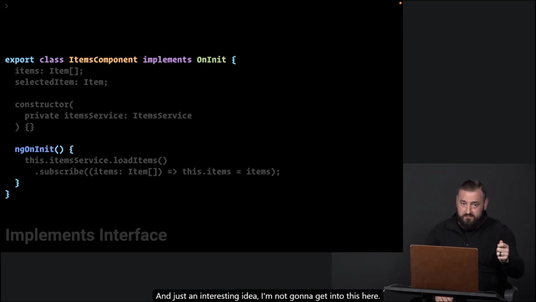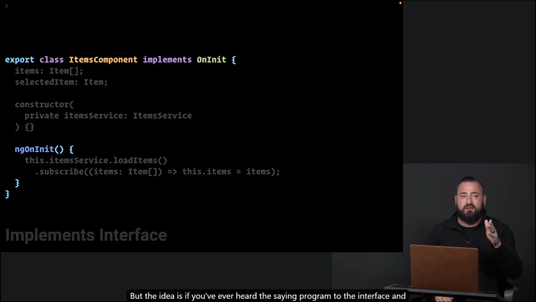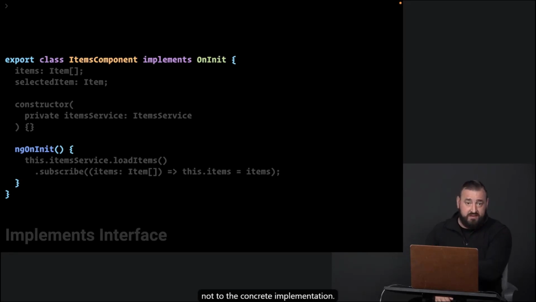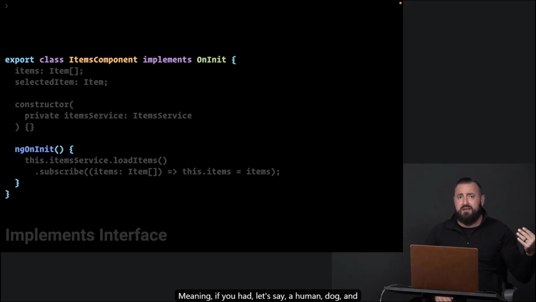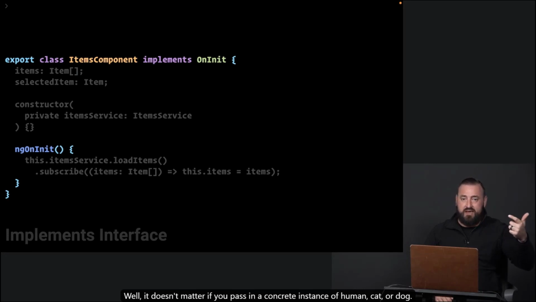And just an interesting idea, I'm not going to get into this here, but if you've ever heard the saying, program to the interface and not to the concrete implementation, you can pass in a parameter into a function and you can type that to the interface. Meaning, if you had, let's say, a human, dog, and cat interface, and they all had a speak method on it, well, it doesn't matter if you pass in a concrete instance of human, cat, or dog.